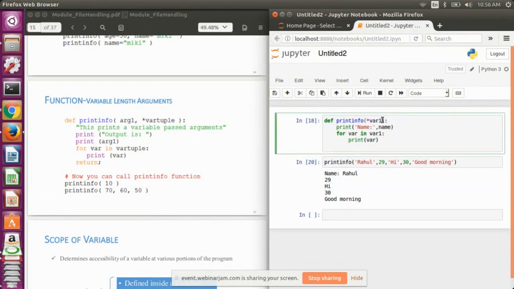Now suppose I use this kind of syntax, that is, I make a single parameter of my function definition, that is star var1. Now what will happen? Will all the values get assigned to var1, or will only some set of values get assigned to our var1 variable?